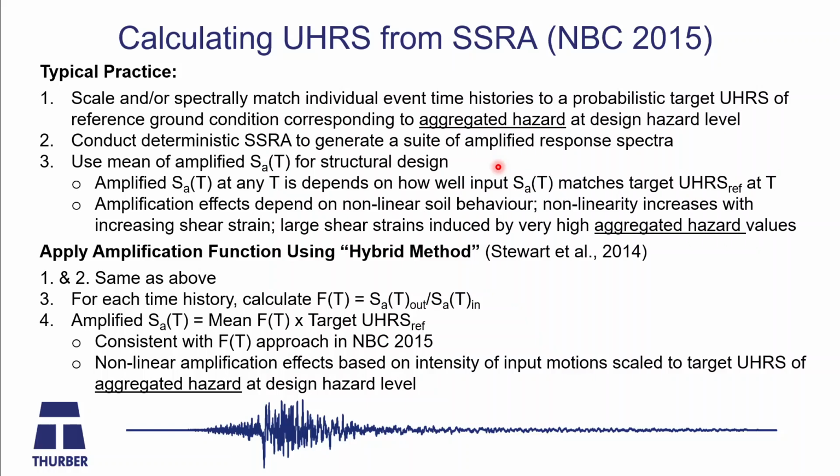One of the problems with that particular approach is that the amplified spectral accelerations for any particular period are going to be like, if the input motions were high at that period, the output is going to be high at that period. If the input motions are low at a particular period, then the output's going to be low, right? And that's why typically there's been a desire to create what I call the Franken earthquake, which is spectrally matching to a probabilistic uniform hazard response spectrum that has essentially zero probability of occurrence. Okay, so